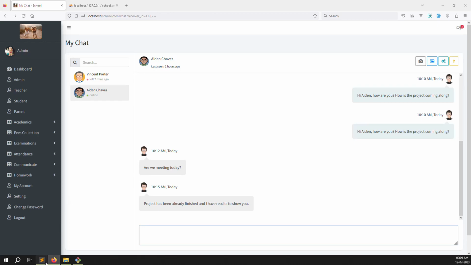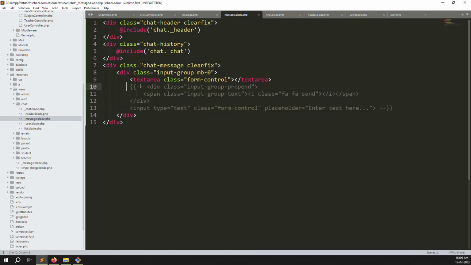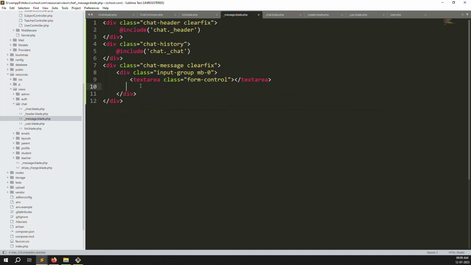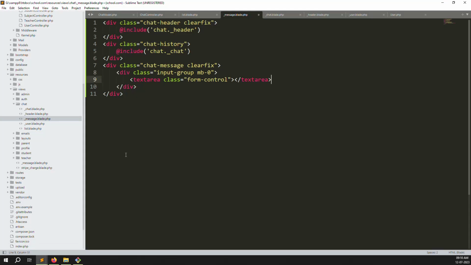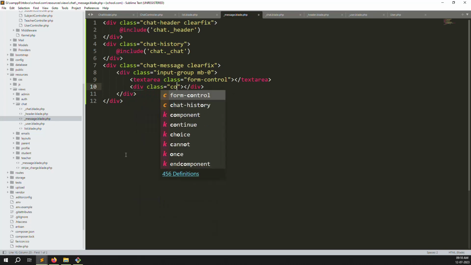Okay, and here we provide two buttons: a send message button, and here you can also choose files. You click on send message, so the message goes. You can type multiple messages, for this reason I need a text area, so it looks better. If you want to make a text box you can also use that, I have no issue. Div class row,